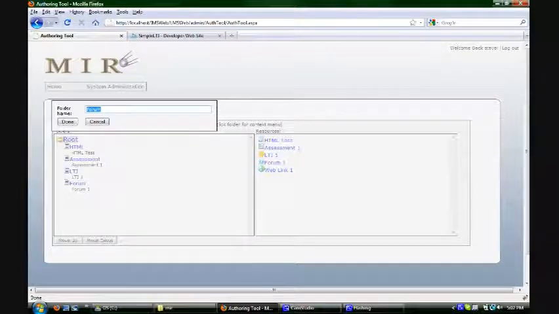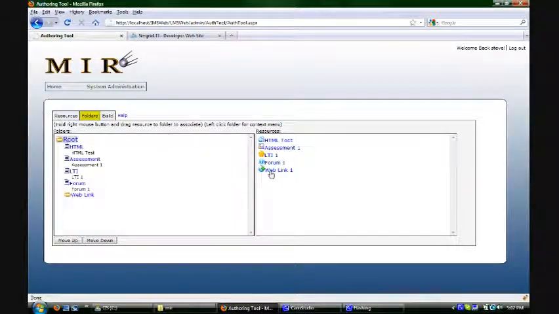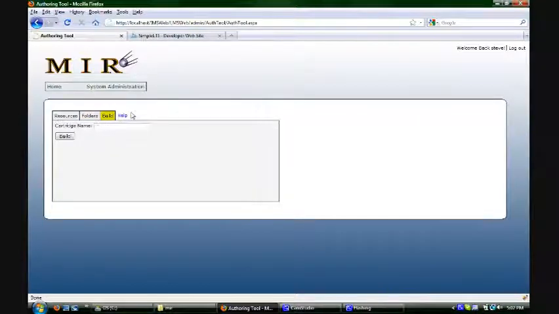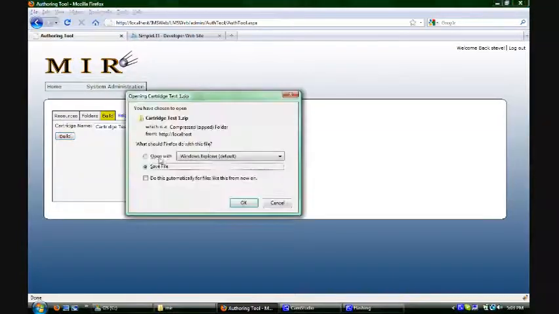Resources are generic, so they can be reused over and over again. There's a pool of resources, so you can have multiple folders that use the same resource. That's why we have to associate each one separately. After all the folders have resources associated with them, you then click the Build tab, give the cartridge a name, and click Build, and then we can save the file onto the